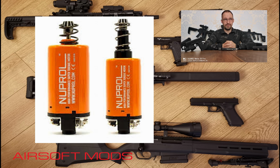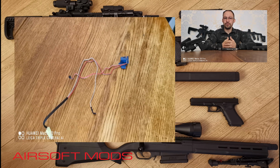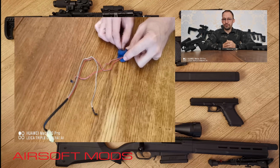I think the most expensive is the Tokyo Marui high torque motor. They're very good. They can handle the upgrade of the gears. The other issue I found with upgrading your gears, another must upgrade that you need to have, is to install a MOSFET. So your mechanical switches in these guns are standard, which is fine, but these do not monitor gear